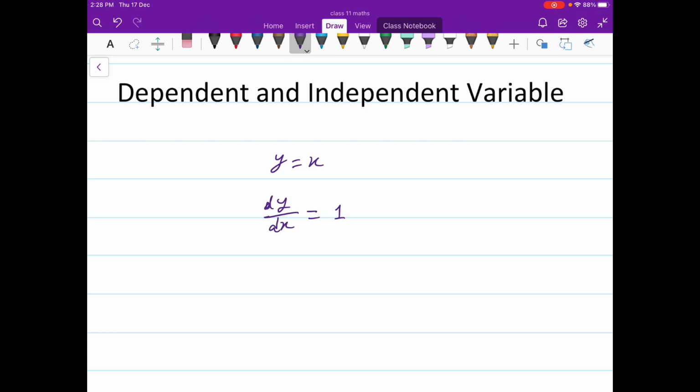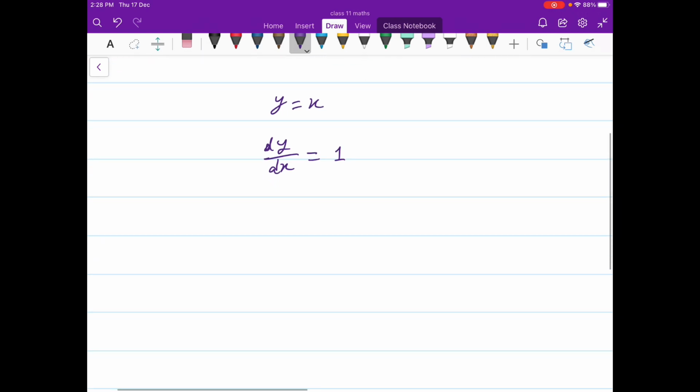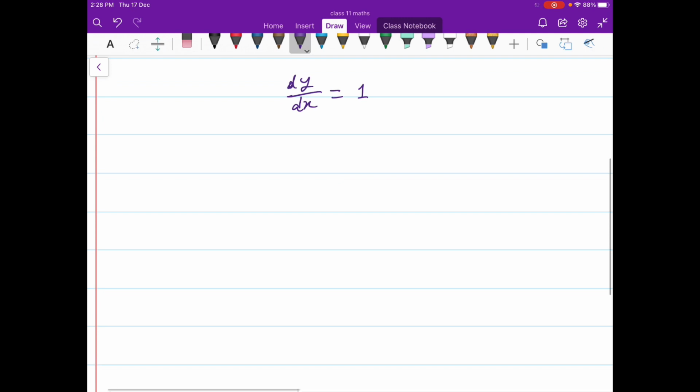So now, look here, let us go to the short definition of dependent and independent variable. What is the definition?